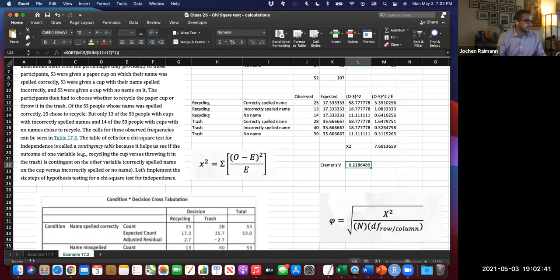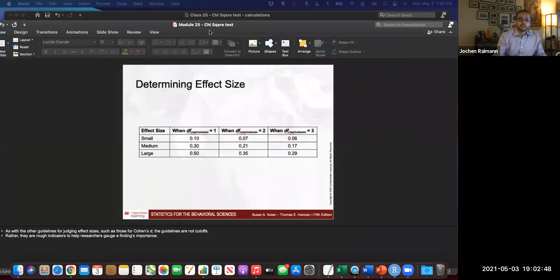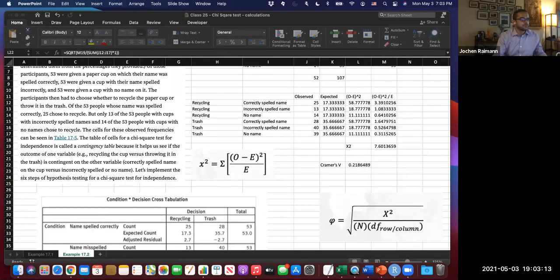So now 0.22 is just like we always do with effect sizes. We're comparing this against Cohen's conventions. We have degrees of freedom of 1. With 0.22, we have a small effect size, a significant effect size, but it's considerably small. And yeah, this is how you determine effect size. Fairly simple, right?